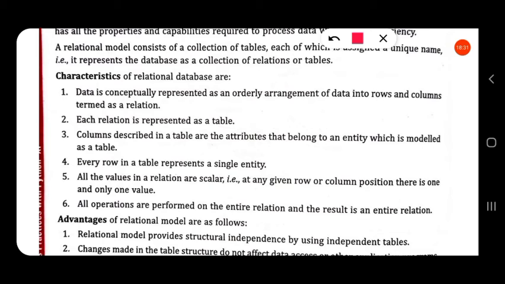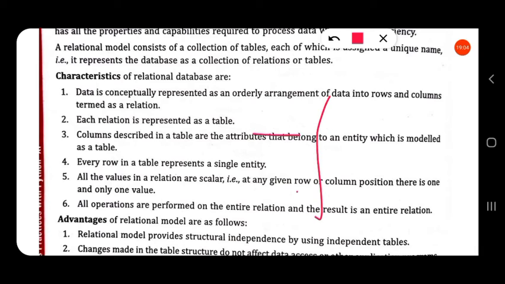Then every row in a table represents a single entity. All the values in a relation are scalar. That is, at any given row or column position, there is one and only one value.